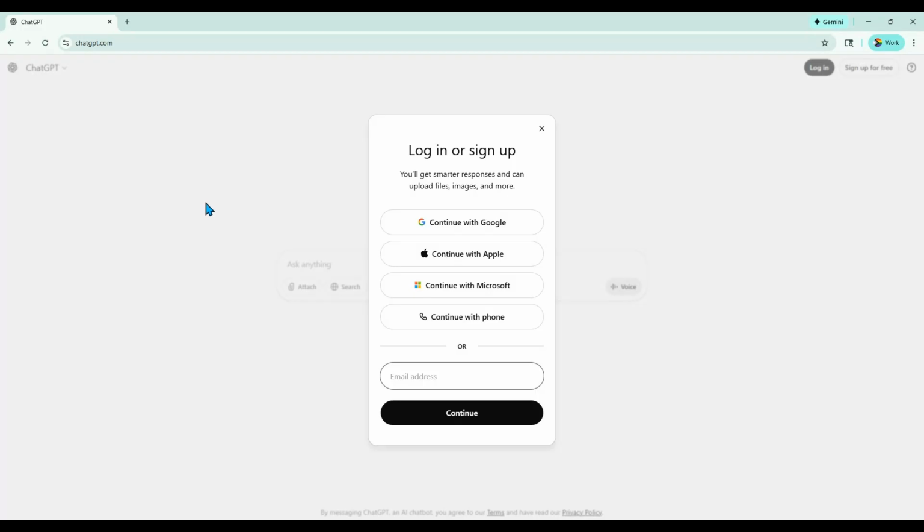First, you see 4 large buttons offering one-click sign-in using accounts you may already have. Continue with Google. Tap this if you want to use your Google account to sign up instantly. Continue with Apple. Choose this option if you prefer to sign up using your Apple ID. Continue with Microsoft. Select this if you'd like to register through your Microsoft account. Continue with Phone. This allows you to sign up using your mobile phone number instead of an email or linked